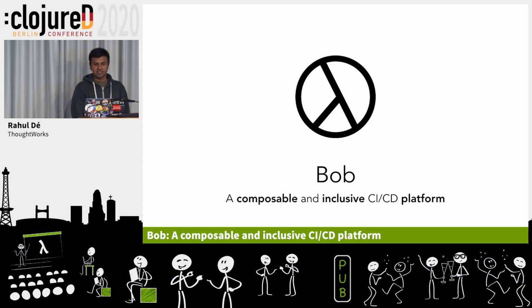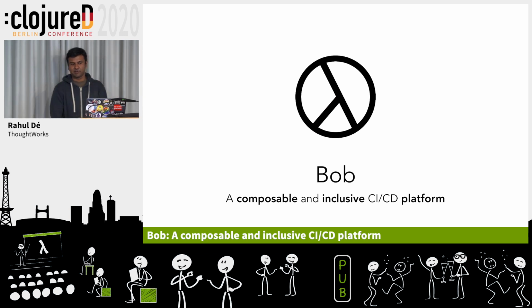So there are two words: composable and inclusive. The idea was, how do you take something that's supposed to be a tool, but sits behind some black box, some black curtain, and make it composable and inclusive? Composable in the sense, can we make it externally extensible, or can we compose things together like we do functions? Inclusive is about not imposing any opinions on the users.